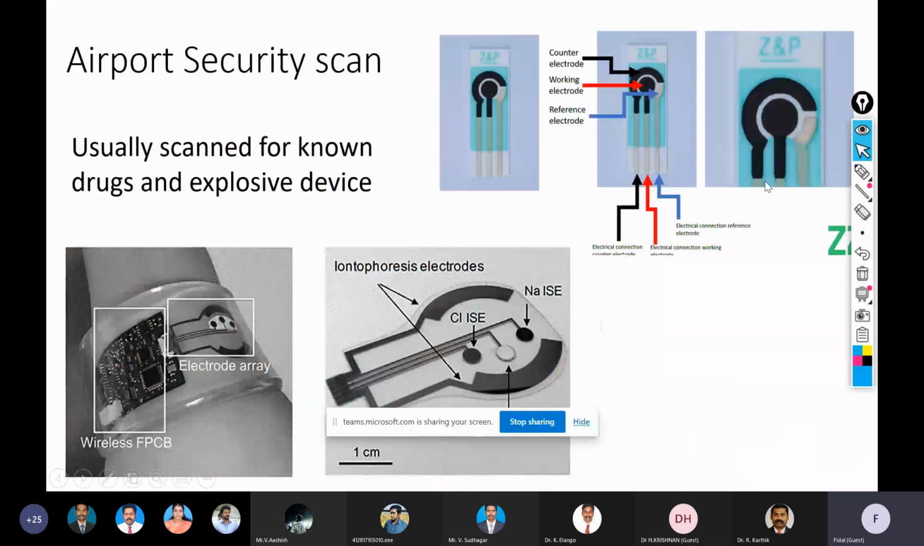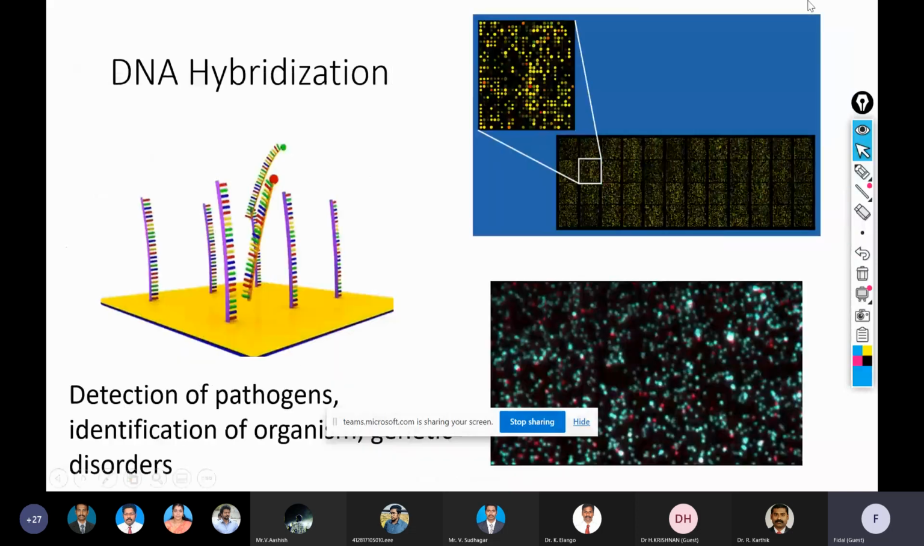Now coming to the next one, in the airport, very commonly they check for the presence of explosives and drugs. How they usually do it is they have a white cloth. They wipe it on a suspicious person, on the bags and on the surfaces, and they subject this wiped material to the electrochemical sensor. Okay, so most commonly, if there are certain drugs,